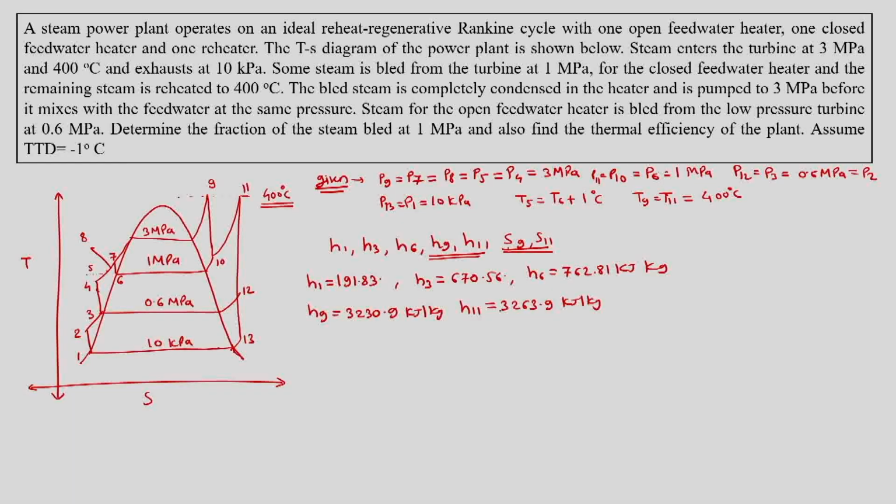So we have H9 and H11 mentioned along with their S. We would also keep mentioned S9 and S11. Knowing these enthalpies, we can find out first delta HP1, which is equal to specific volume 1 into P2 minus P1, and this turns out to be 0.596 kilojoule per kg. This gives us H2 is equal to H1 plus delta HP1, and we get H2 is equal to